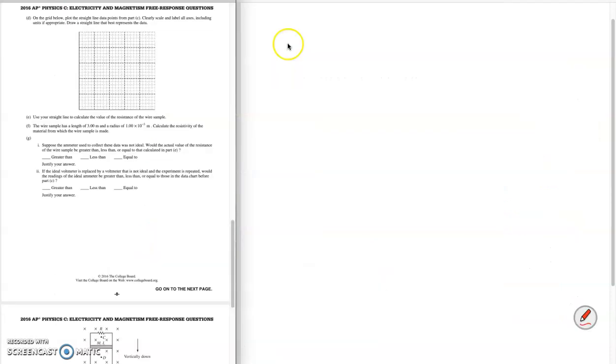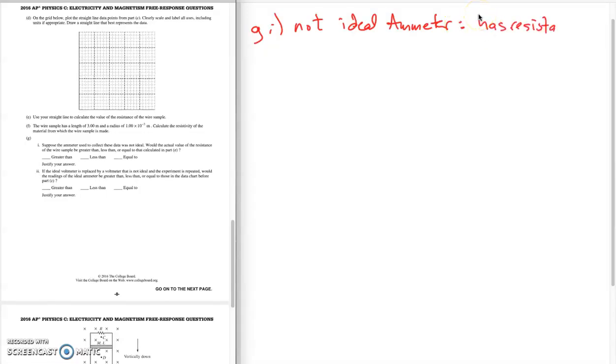All right, G part 1. Suppose the ammeter is not ideal. If the ammeter is not ideal, then that means that it has some resistance. Not ideal ammeter. That means it now has resistance. If it has resistance, then we have increased the overall resistance of the system. So R measured